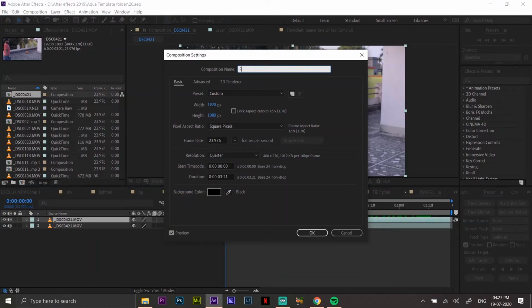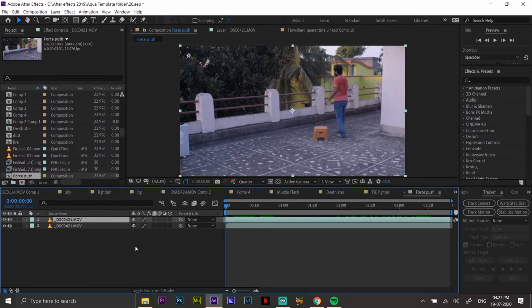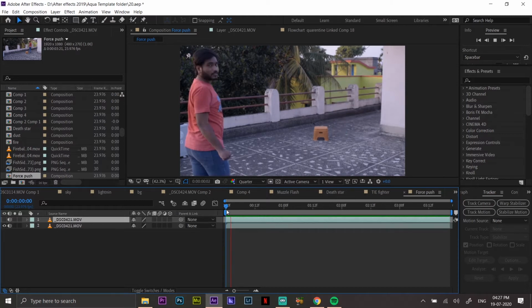Open After Effects project and name it something. I'll name it Force Push and hit OK. And now you can see there are two layers.